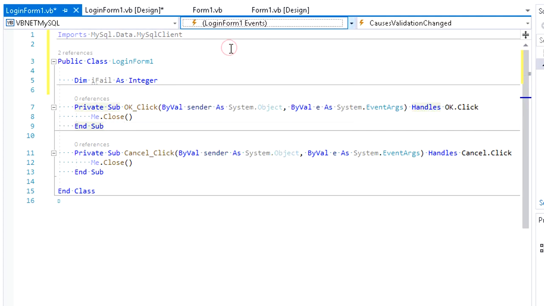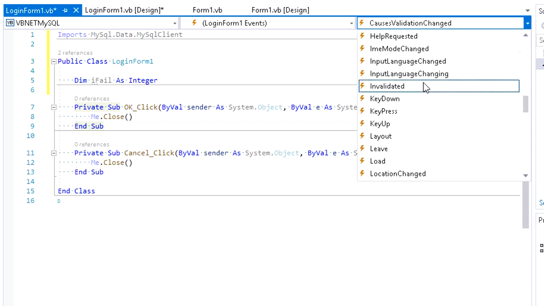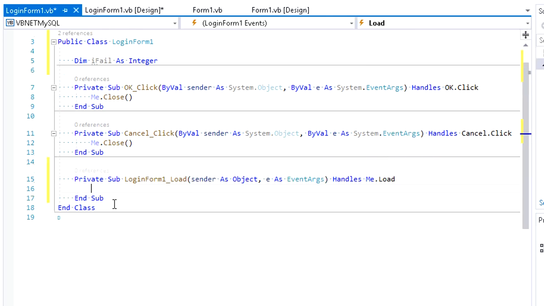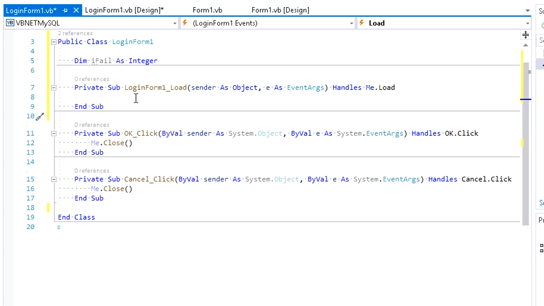Generate the event form load using the list. Make it a bit tidier by moving it to the top so it looks sequential. Then on this form load event, we're initiating the value by 0. Add code iFail equals 0.